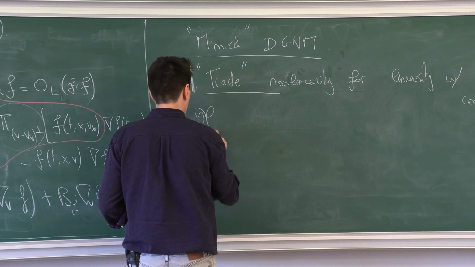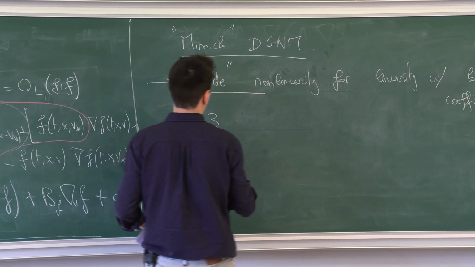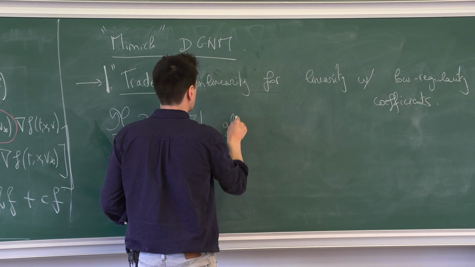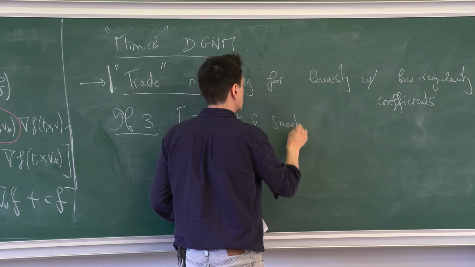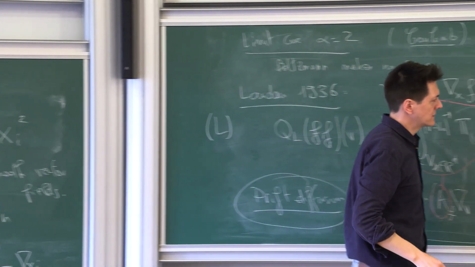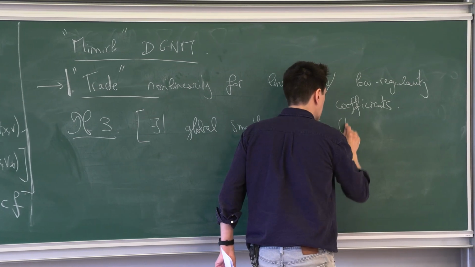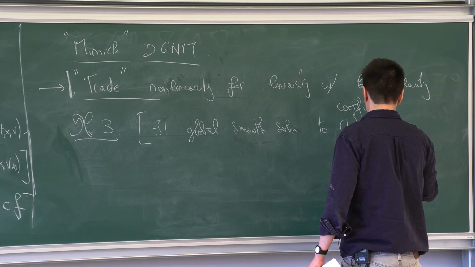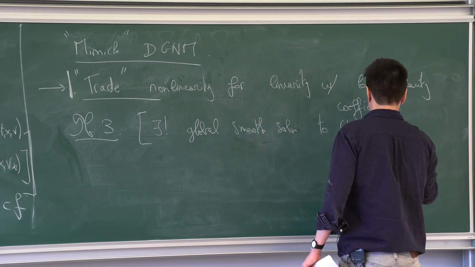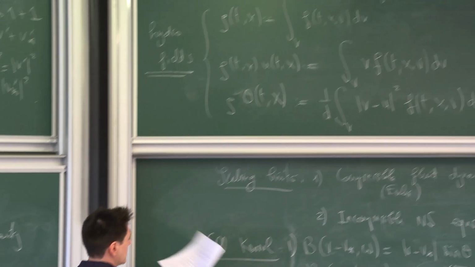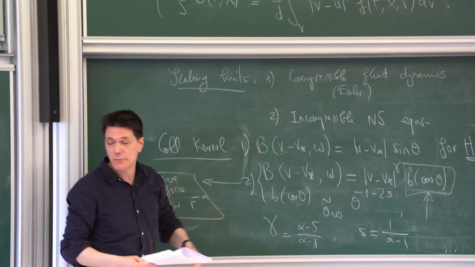So problem 3 would be, of course, the existence and uniqueness of global smooth solutions. Here, it is a smooth solution to that equation, let's call it the Landau equation. So this is, I think, also a bit out of reach. So it is very hard. The same remark applies as here. You have the same scaling limits, so it should be a very hard problem.